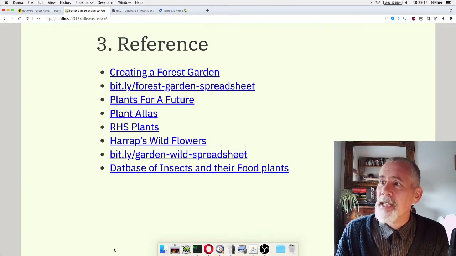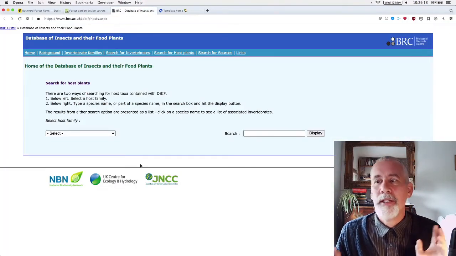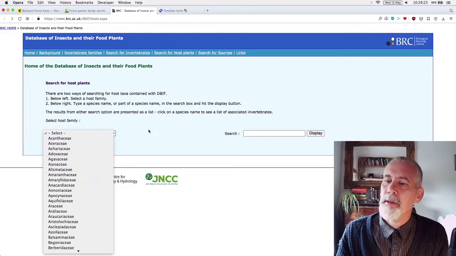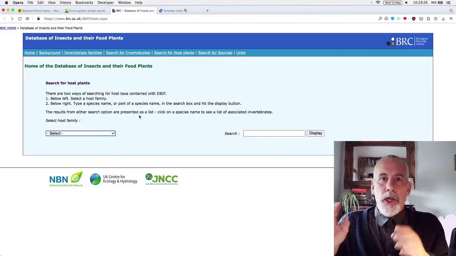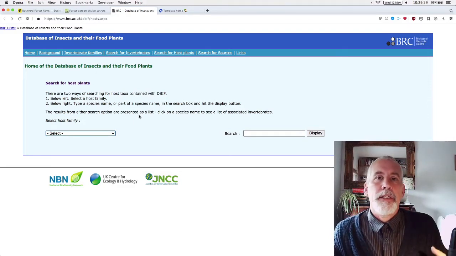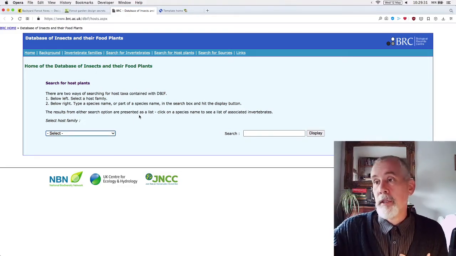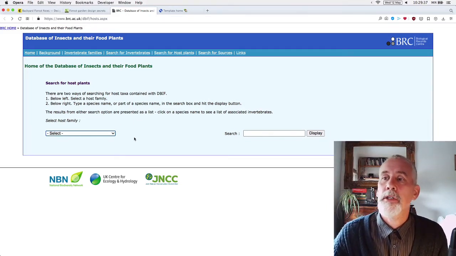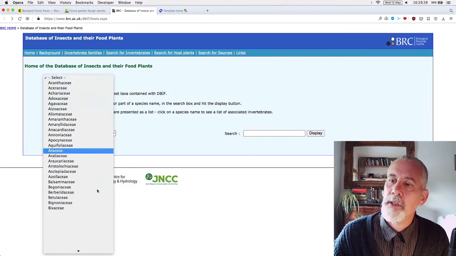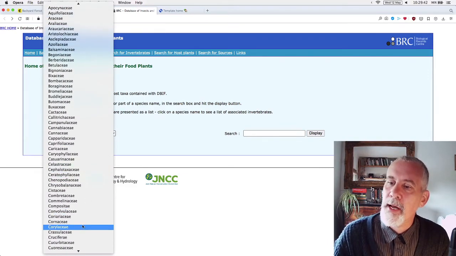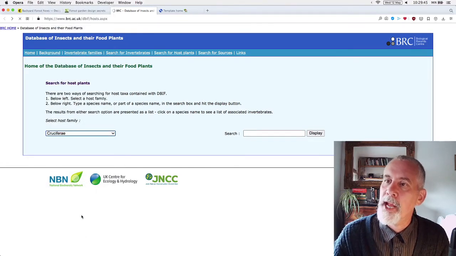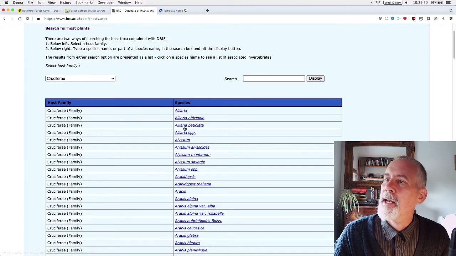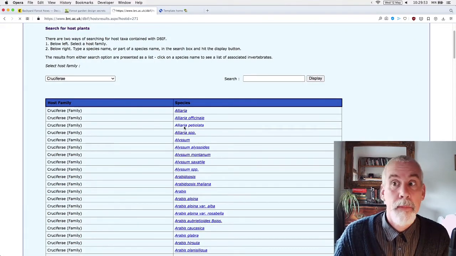And a database of insects and their foods. This is so cool. I don't know why people just aren't using this all the time. It is brilliant. So this shows you the associations between insects and their food plants, and this is actual observations in scientific research. So if you search for a plant under here, you select Crucifera, however you pronounce that name of the family. Come on then, and then we can see Alliaria petiolata, which is garlic mustard, and then